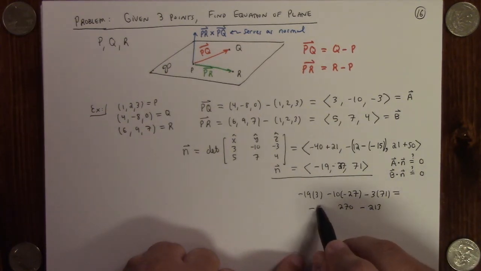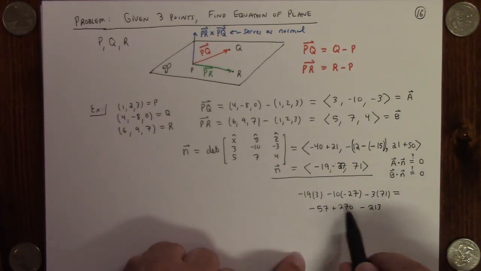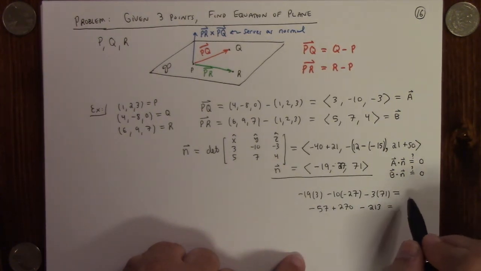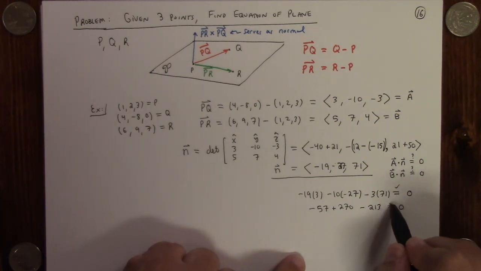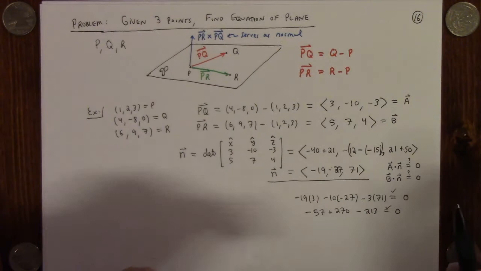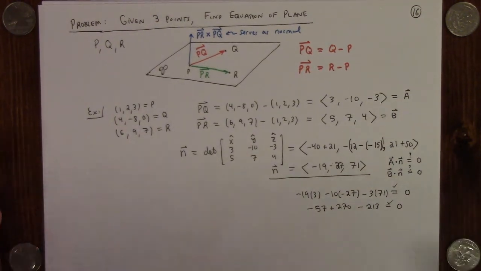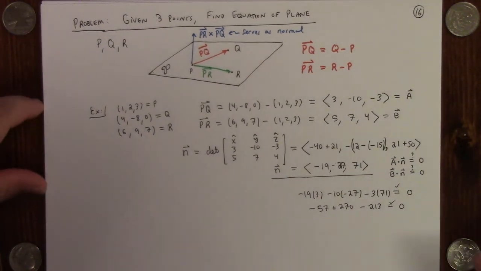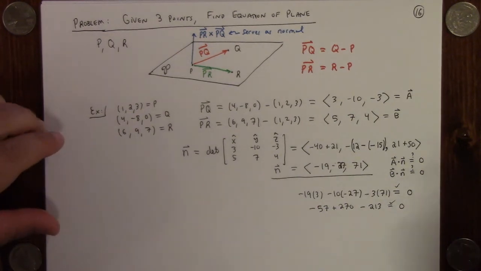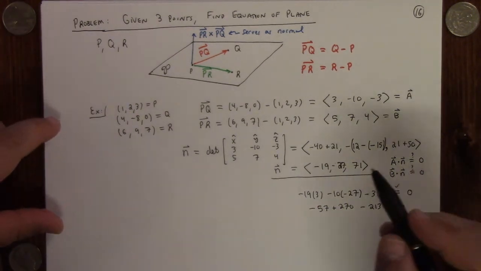And this is minus 57. So that gives you 0. All right, so like I told you guys, we've got to check the cross product. It's so easy to make a mistake there. And anyway, we've got what we need now, so we'll use